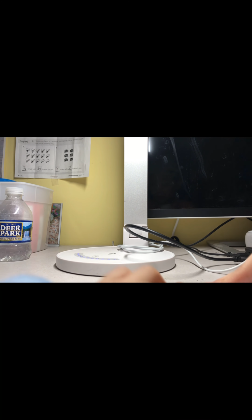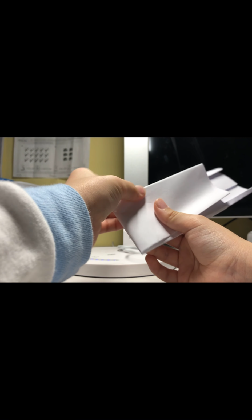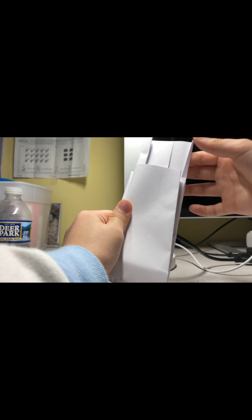Okay. So the iPhone X is getting in. Like that. See guys, do you see it? So this part, you have to fold it right here. And then we're gonna do this part, but we need to pull this part a little bit to make the bones so we can put the third sheet of paper. The third sheet of paper,